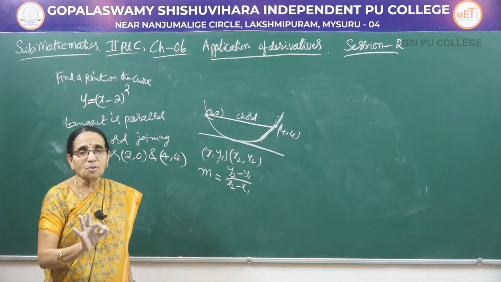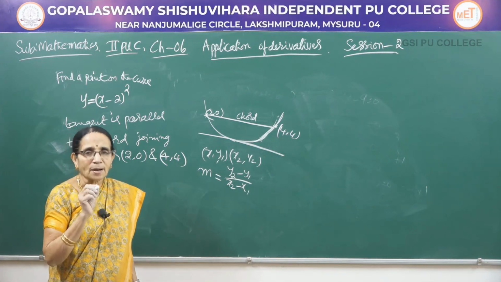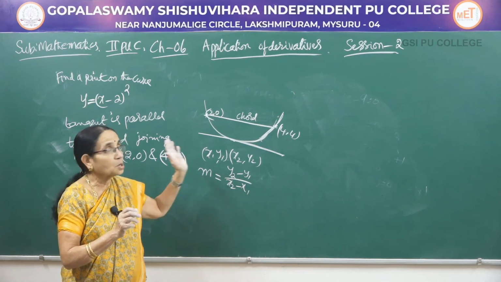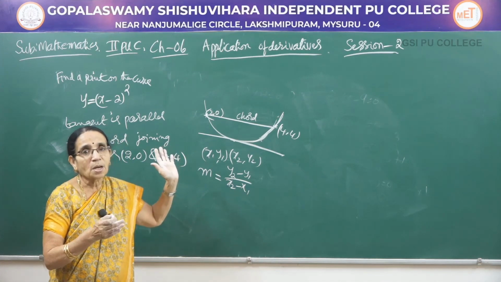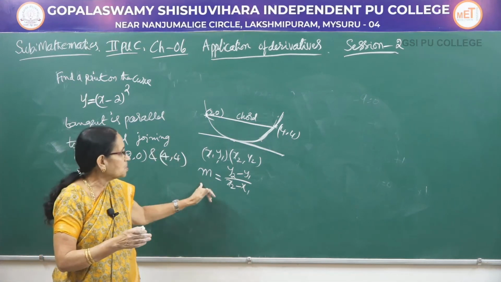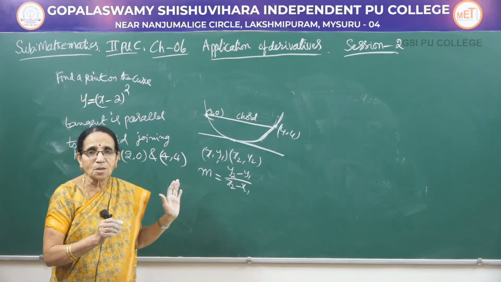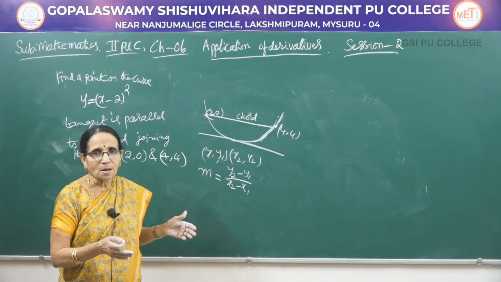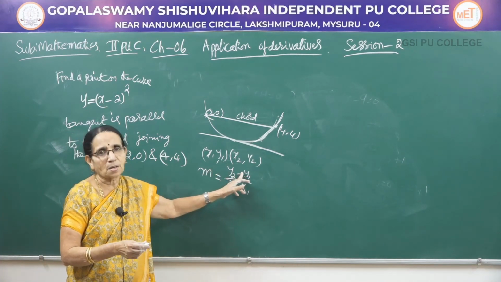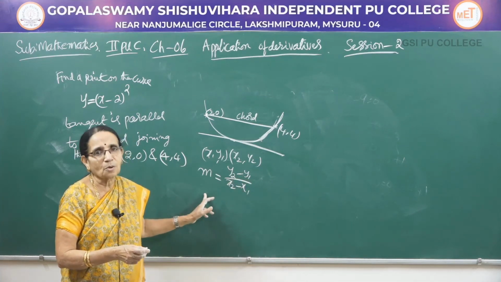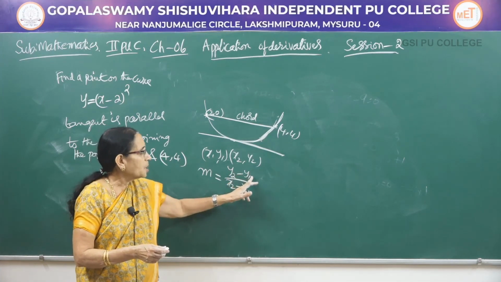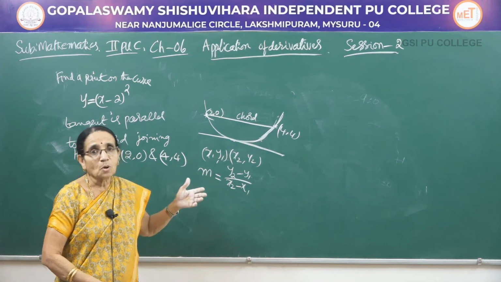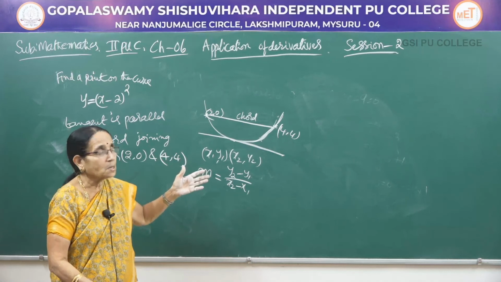To get the slope there are 3 methods. One is when angle theta is given, m is equal to tan theta. That is what we have used in knowing about the geometrical meaning. M is equal to tan theta, that is the definition of slope. Instead of giving the angle theta, suppose 2 points on the line are given, then also you can get the slope. This is the formula, m is equal to y2 minus y1 over x2 minus x1. There is one more method, we will come to that later when we need it.